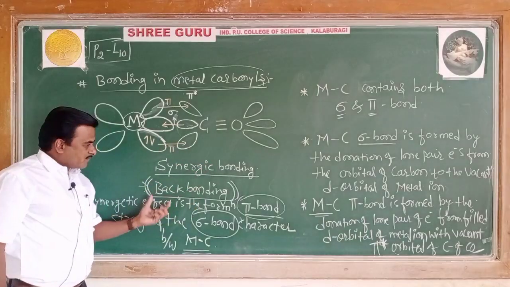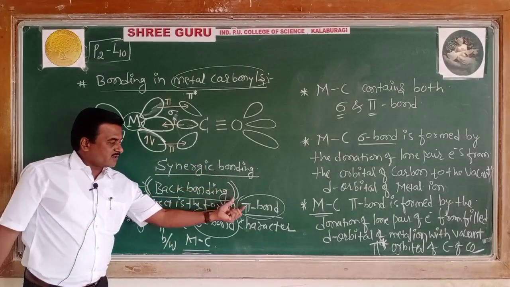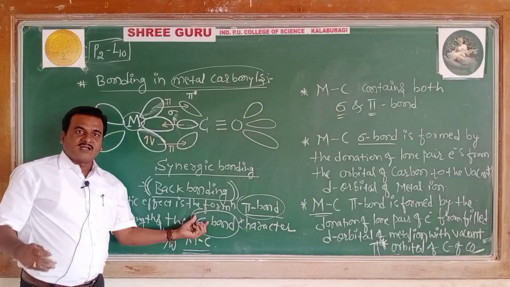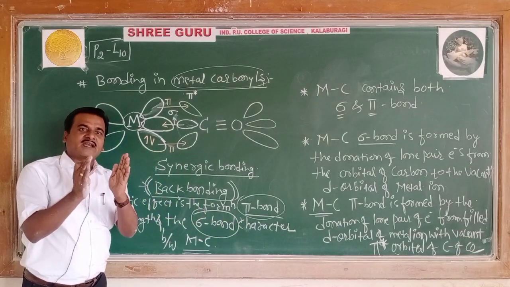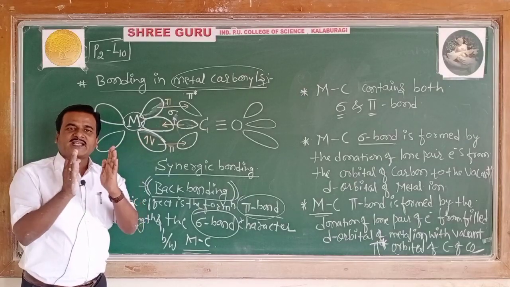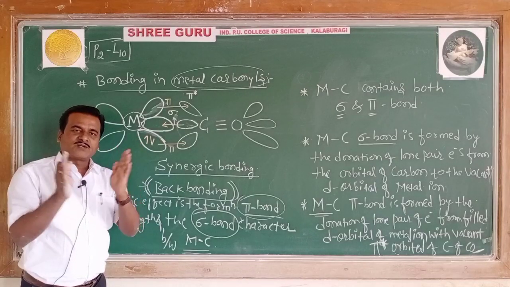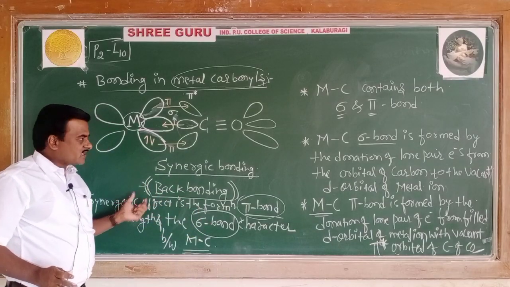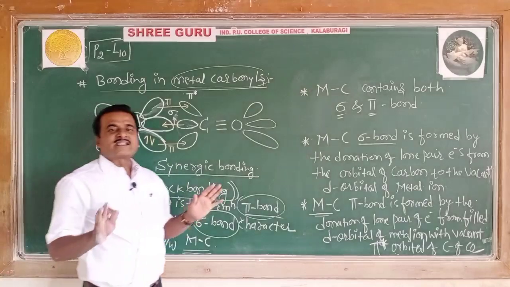synergic bonding. Because of the formation of a pi bond by the back bonding, the sigma bond and the bonding between the metal and carbon is going to be strengthened. Those were the bonding character between the metal and carbon were strengthened, and that effect is called synergic effect, and that bonding is called synergic